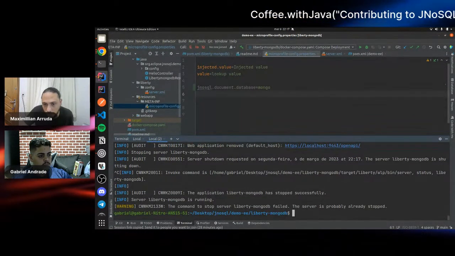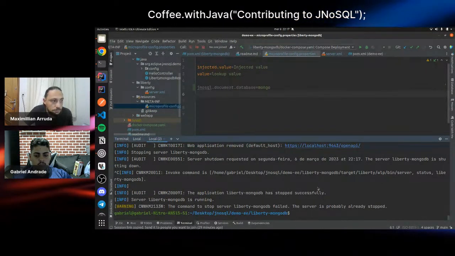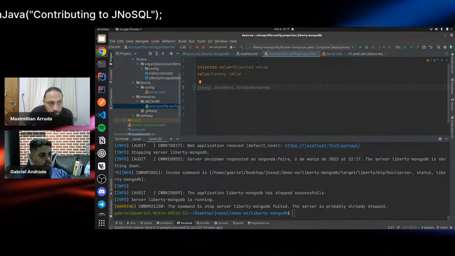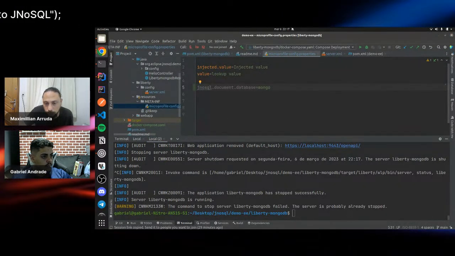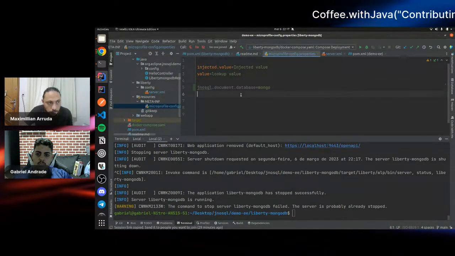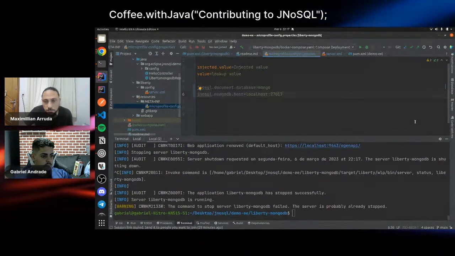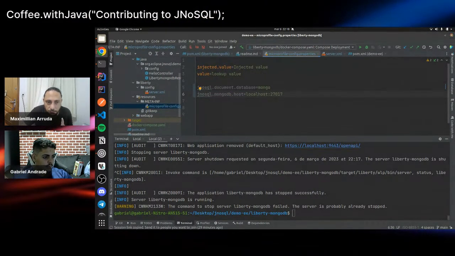Okay. And let's set up the host. So probably this is the one that you need to put in there also. Probably you need to define the user and the password. I think the example password is not wrong.